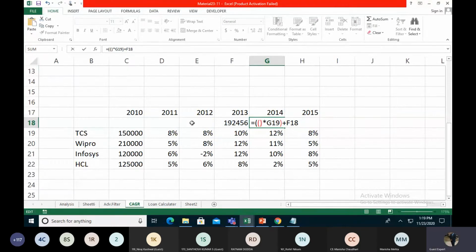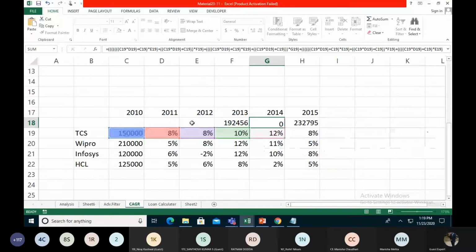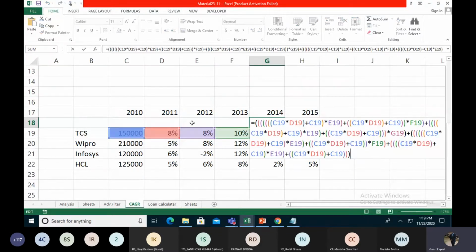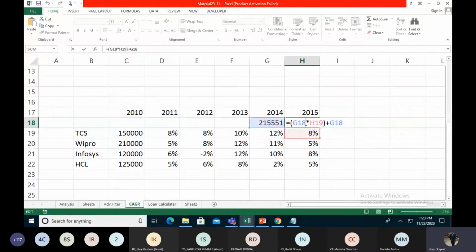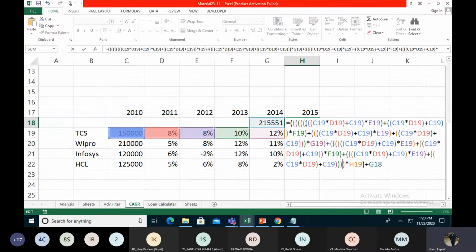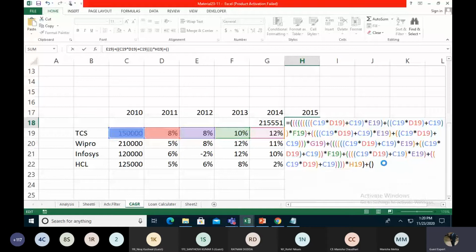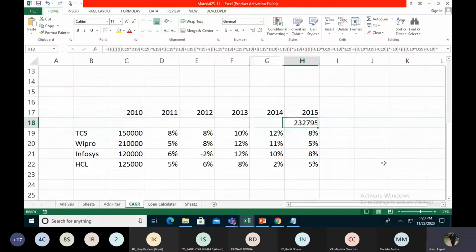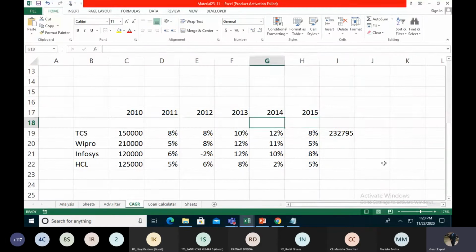We make them unit. Over here we also copy it. All the data. This is the closing balance for me.